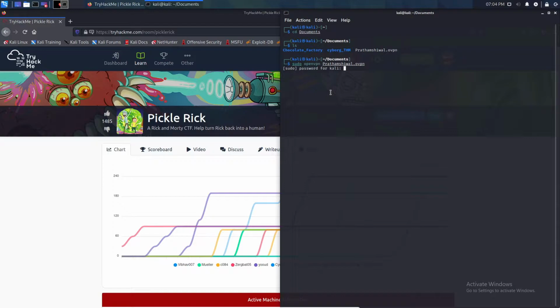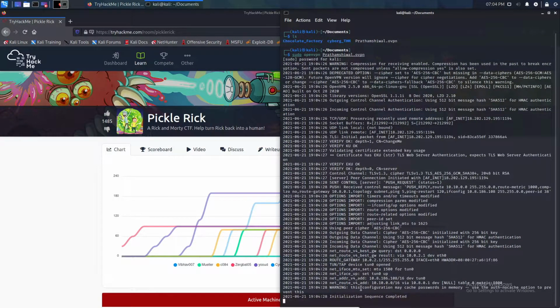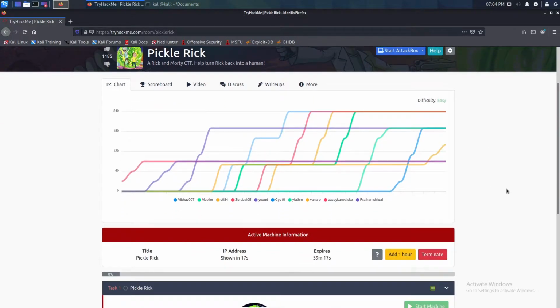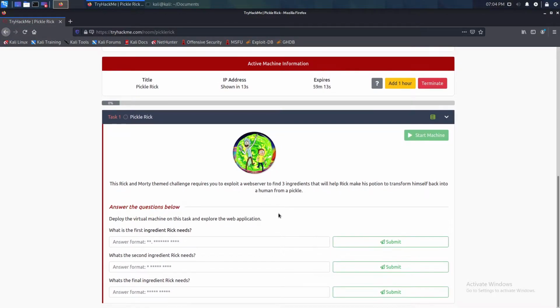It will ask for the password. Let's give it a password, and yeah, initialization sequence completed. That means the OpenVPN connection is established. Now in about 17 seconds it will give us the IP address. Let's just